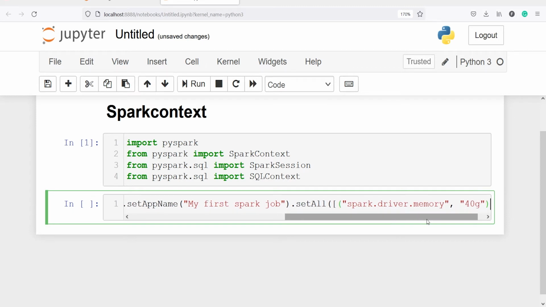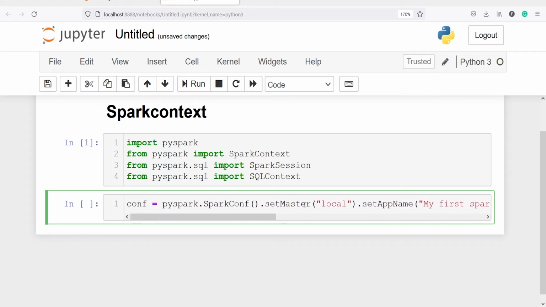Next, I'll put a comma here, and then I'll make one more tuple, and in this I will define the executor memory. I will write spark.executor.memory, and this will have 50 GB, so I will write 50G. So now I have defined the configuration here, and save this in the object conf.